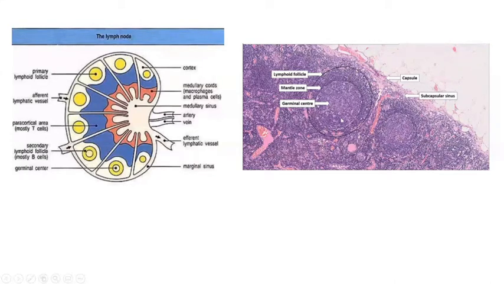There are two kinds of lymphoid follicle. One is the primary follicle and the second is the secondary follicle. Why do we call it a secondary follicle? Because antigenic stimulation has already happened to the follicle, and so now it has a germinal center. This is one secondary follicle, this is the germinal center, and it appears pale. They are pale because they comprise proliferating cells.